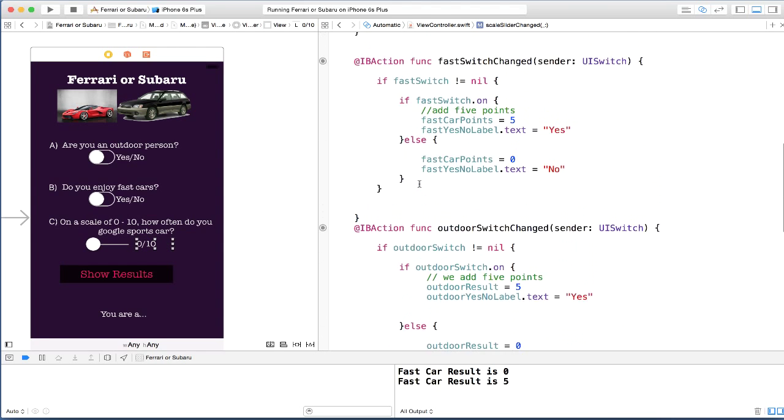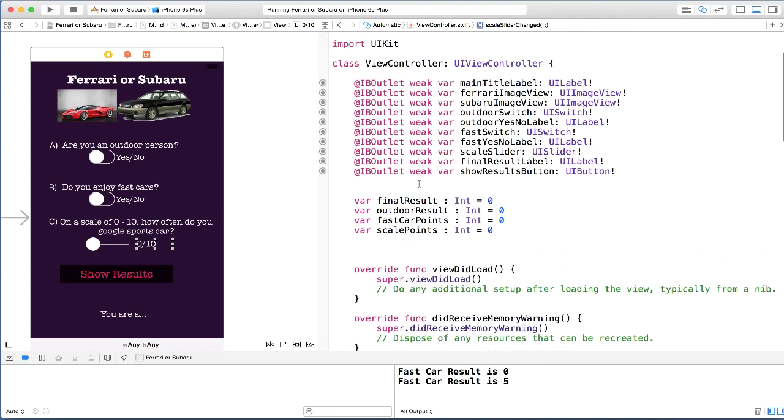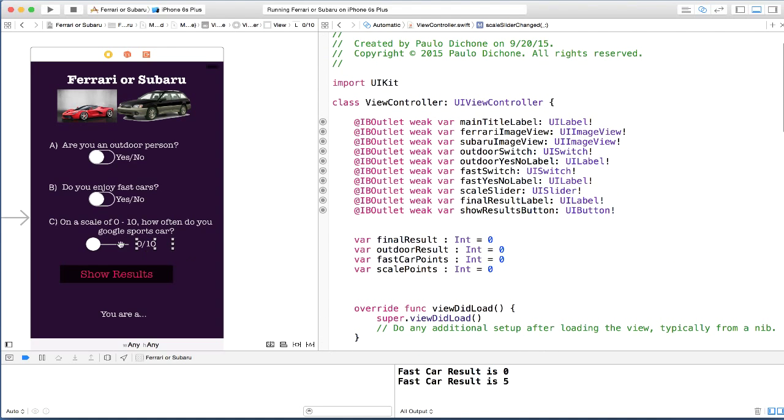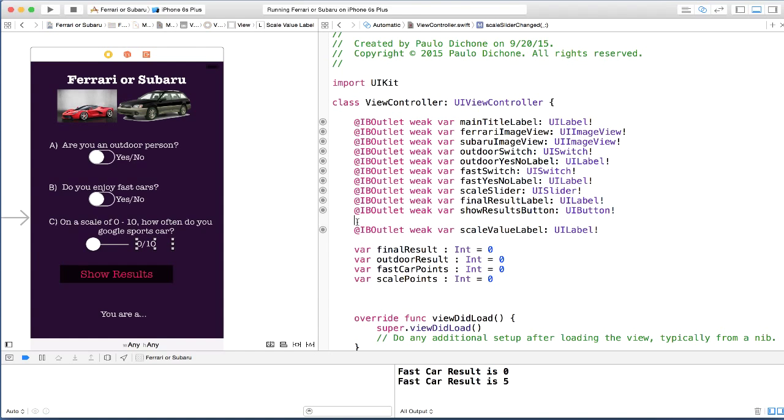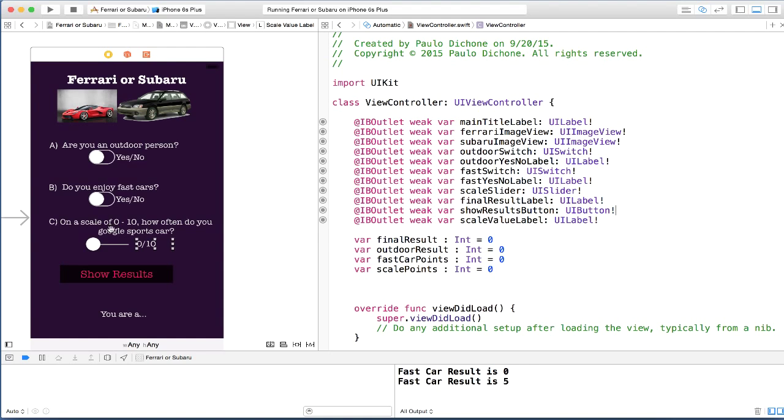I don't think we do, so let's go to the top here to make sure. Yes, I don't think we do, so forgot that, my bad. So let's control, let's just put it right here. It's going to be an outlet. We're going to call this scale value label. That works. Say connect, and there we have it. Now we have a reference so we can actually change as users slide left and right.